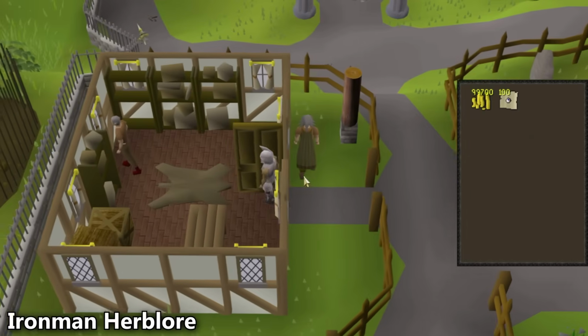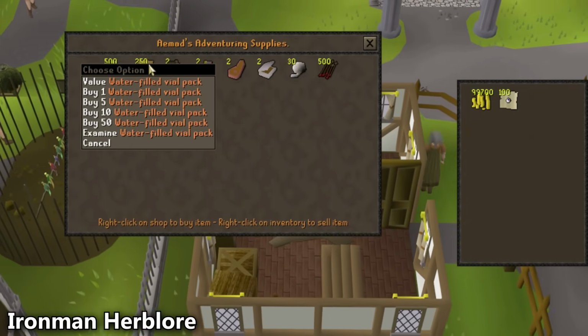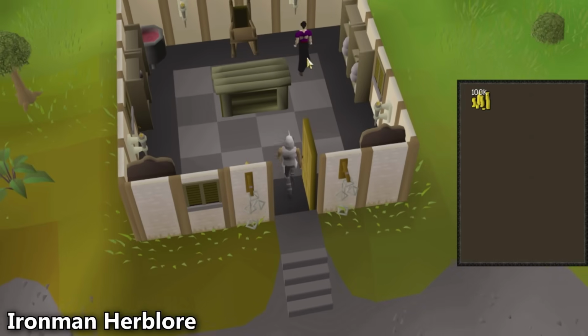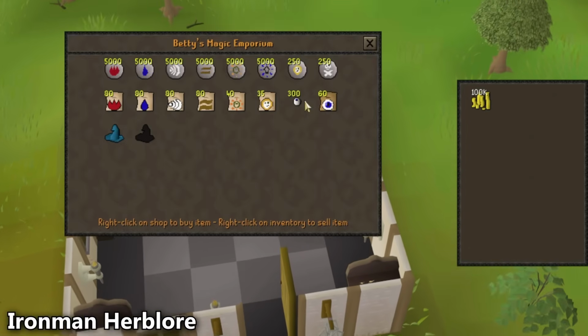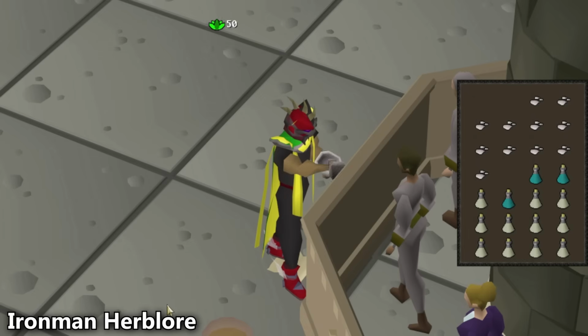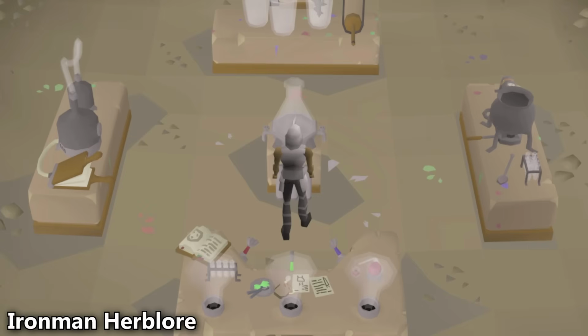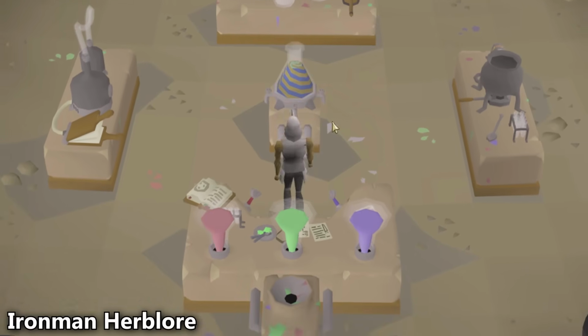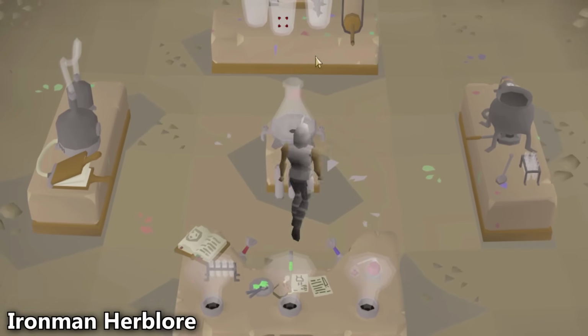To get started with Herblore as an Ironman, you can purchase Vial of Water packs and Eyes of Newt from shops around the game. Then you can make attack potions to get your early levels. From there, some easy potions to make include Serum 207s, Energy Potions, Prayer Potions, and Super Attacks. Then once you reach level 60, you can start partaking in Mixology, which is going to be the most efficient